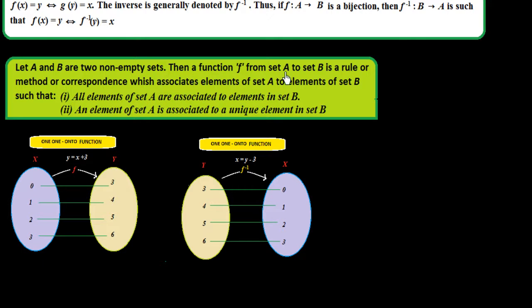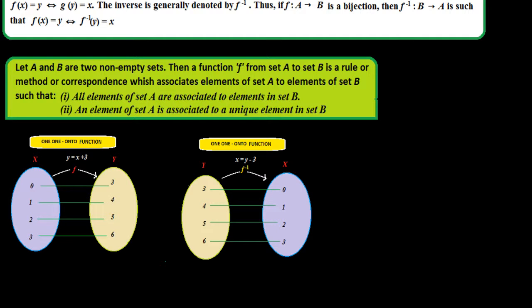Then a function f from set A to set B is a rule or correspondence which associates elements of set A to elements of set B, such that the first condition is that all elements of set A are associated to elements in set B. This is the first condition. The second condition is that an element of set A is associated to a unique element in set B.